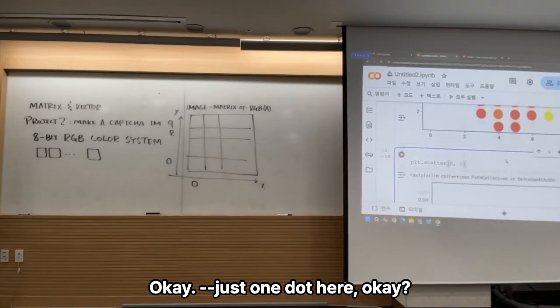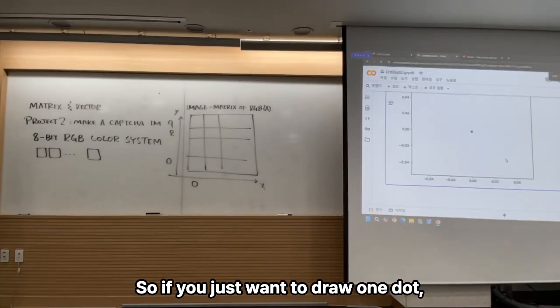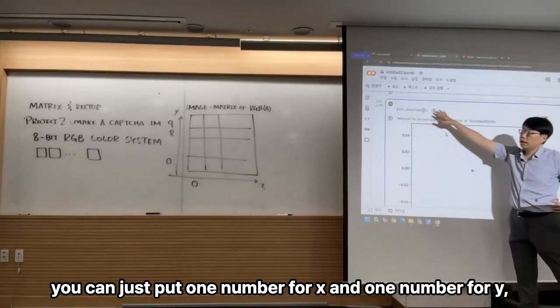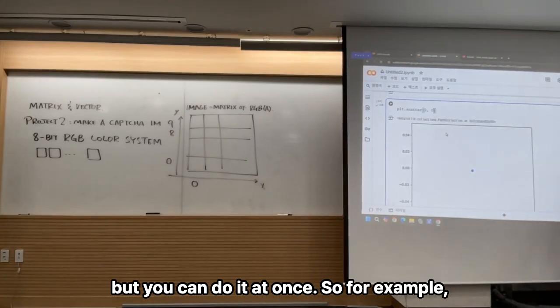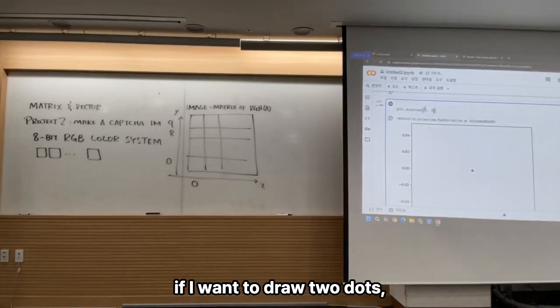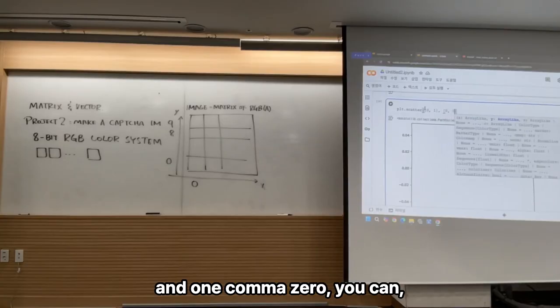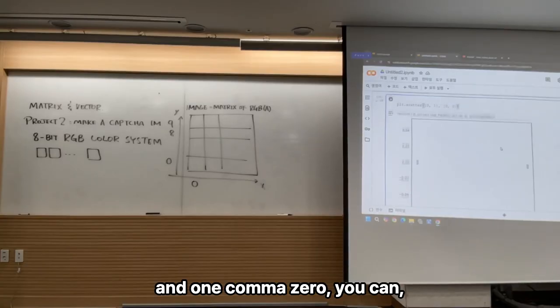Okay, just one dot here. If you just want to draw one dot, you can put one number for x and one number for y, but you can do it all at once. So for example, if I want to draw two dots, 0, 0 and 1, 0, you can